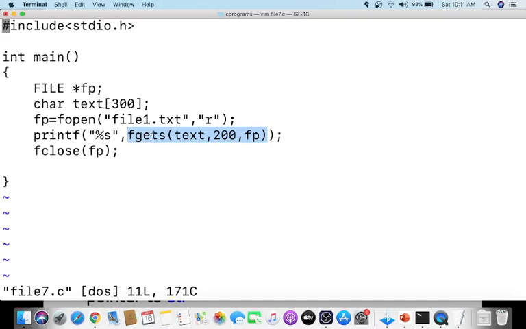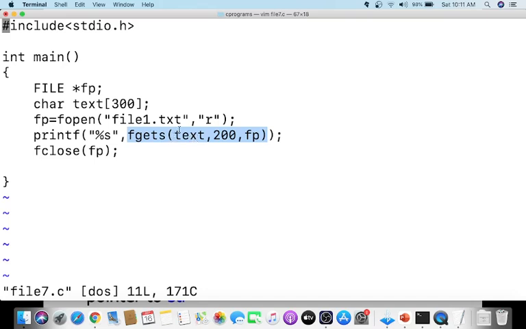You need not do this; you can use another character array to store the output and display it finally.